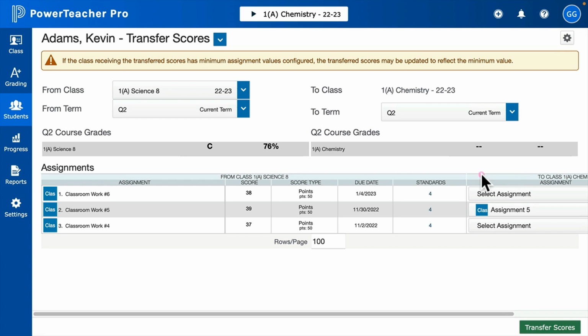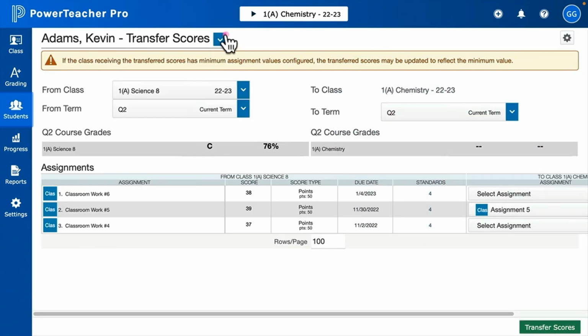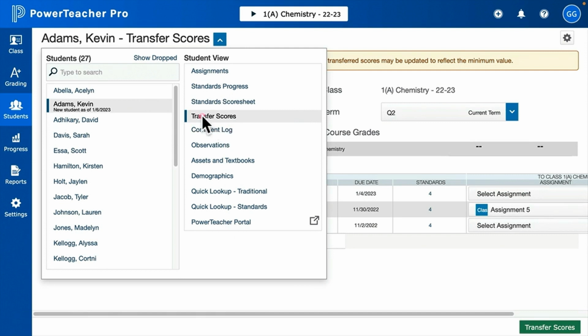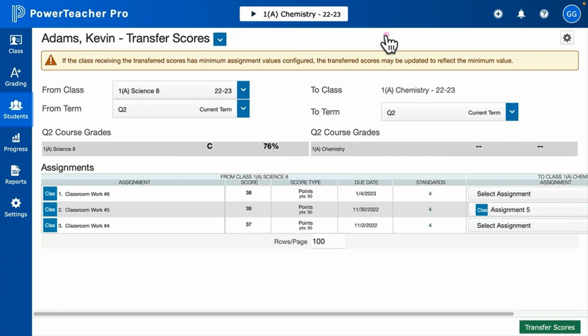So again, that's just one of several available student screens. The key thing to note is that it's not listed here in this view. Once we select the student, it's in the drop-down list of screens. So we can get to it from here, but not the main left menus. Just kind of keep that in mind if you're giving advice to your teachers. So those are the